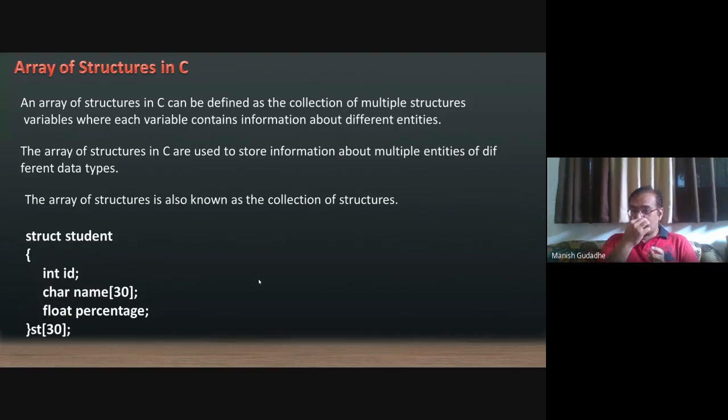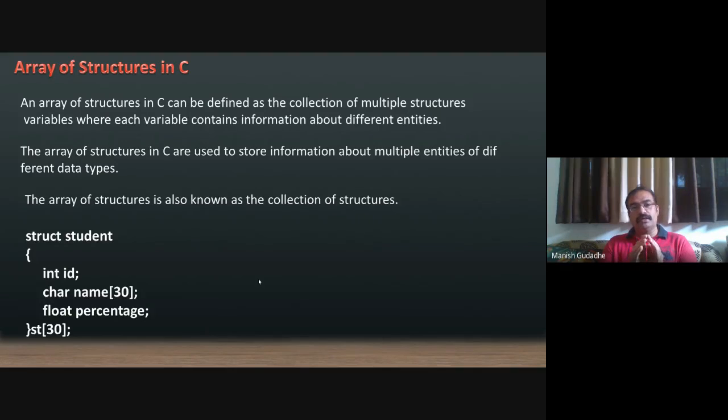Now, this is to some extent contradicting the definition of an array, because every time we say that an array is a collection of similar elements, but a structure is a collection of dissimilar elements. Here we are collecting various dissimilar elements which are put in a single unit.